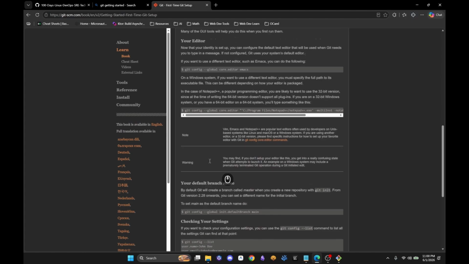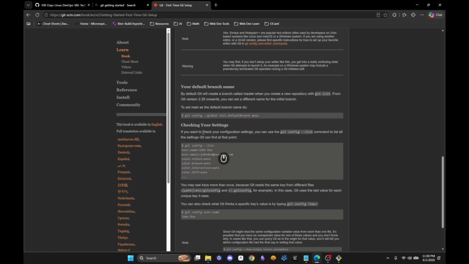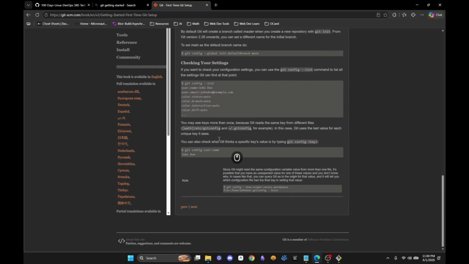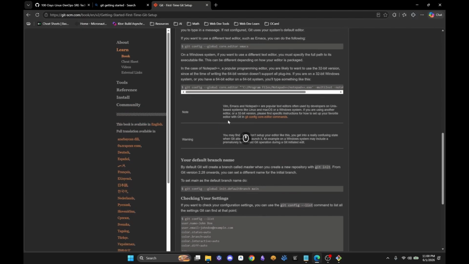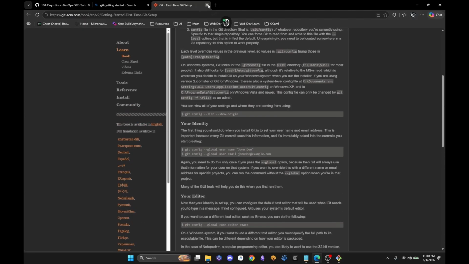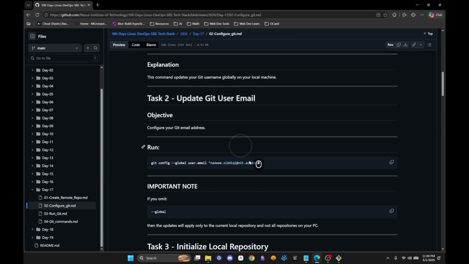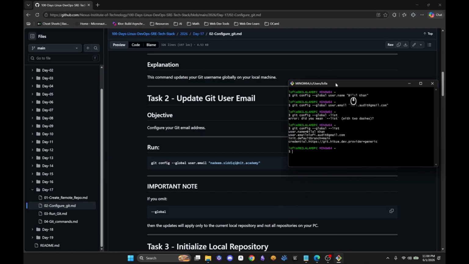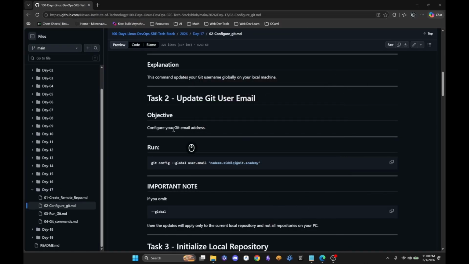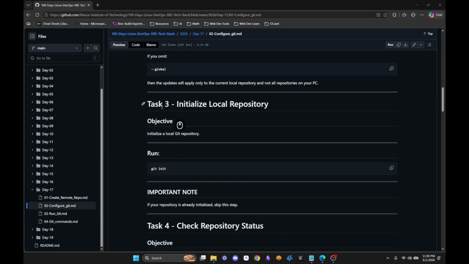But for the rest of them, these are all stuff that you could set later down the line, right? You could set your color.status, the color of the branch, the color of the interactive mode, the color of the diff, and a bunch of other things as well. It's completely up to you. Okay, so that should be it for the Git setup. We should be good to go now. We could close this, and now we have Git set up, and we're going to move on to task 3,